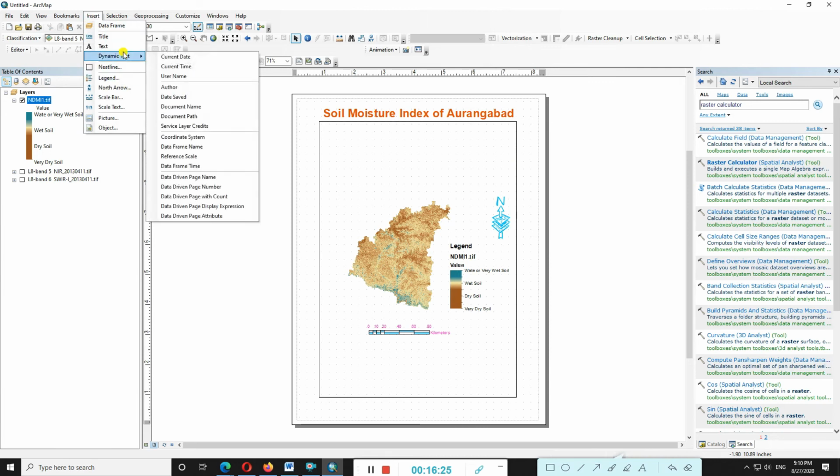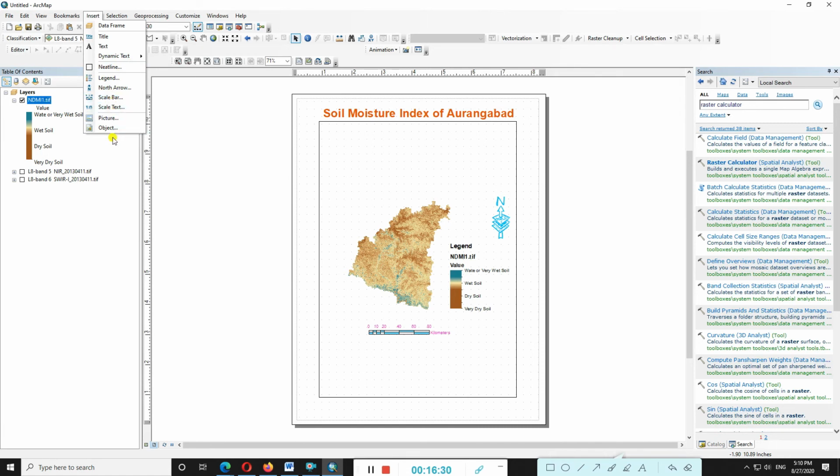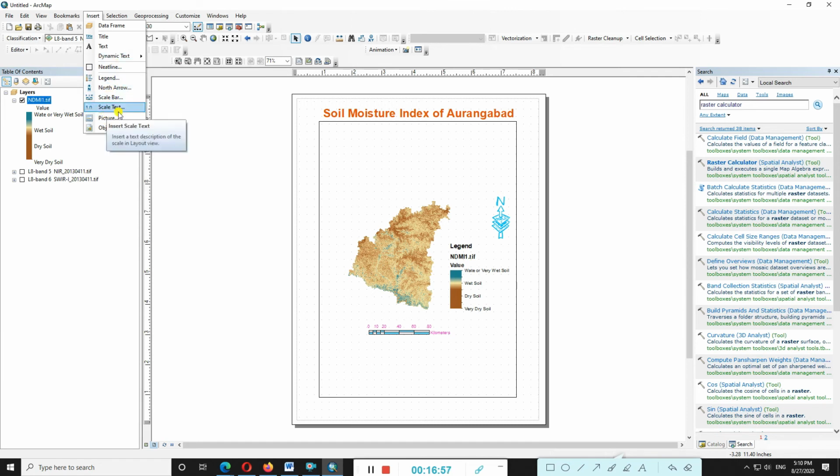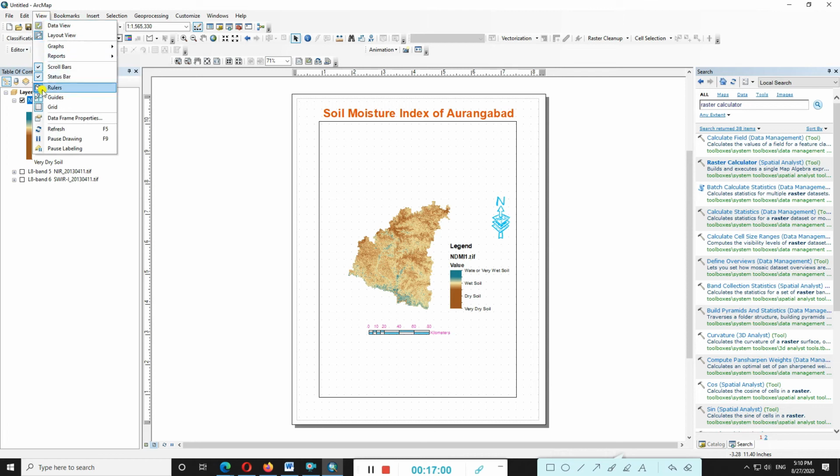More options you can also check as per your level. I think it is finished. You can also add the dynamic text, if you want to add the author names and all this. Here is the option of grid.